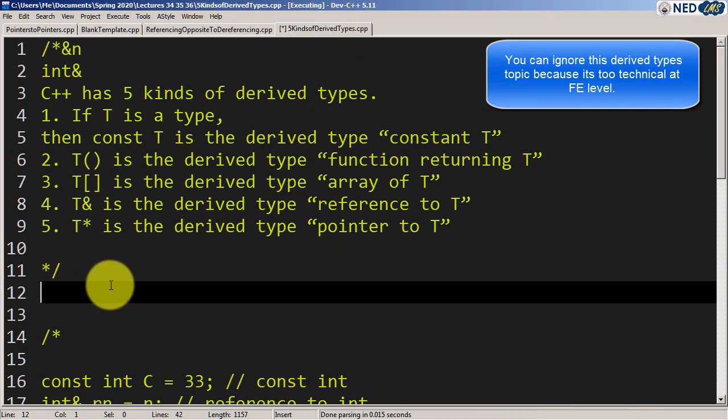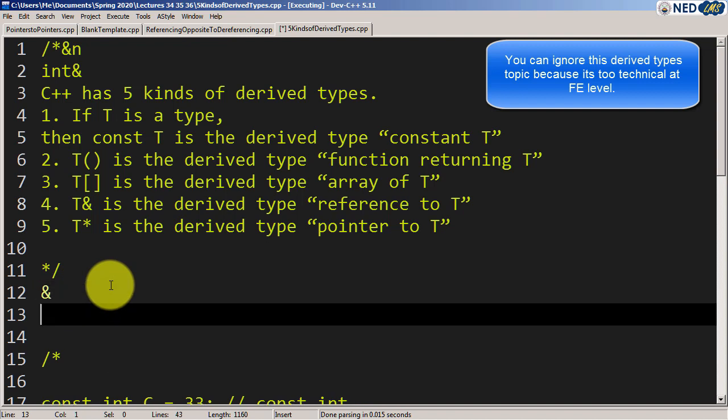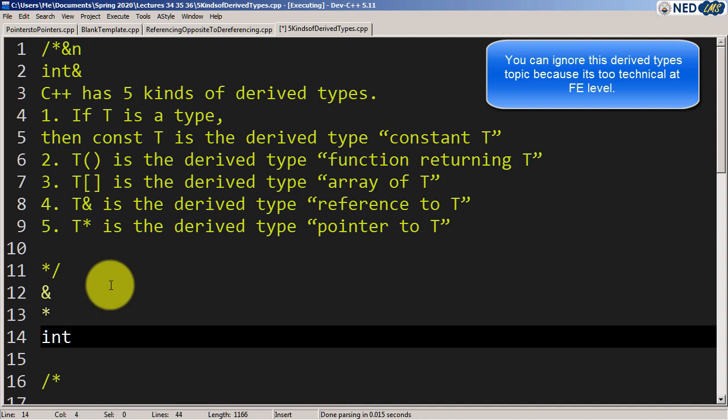Like the reference operator, which has to use this, the dereference operator, which is a star, is used for two separate purposes. When applied as a prefix to a pointer to an object, it forms an expression that evaluates to that object's value. When applied as a suffix, which comes after it, to a type T, it names the derived type pointer to T. For example, if I write integer star, that means it is a type pointer